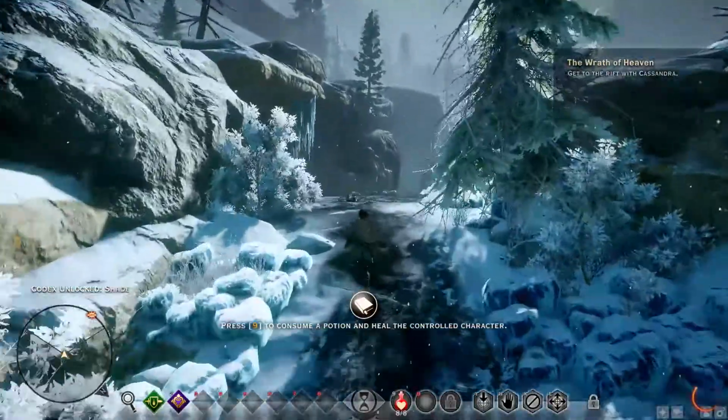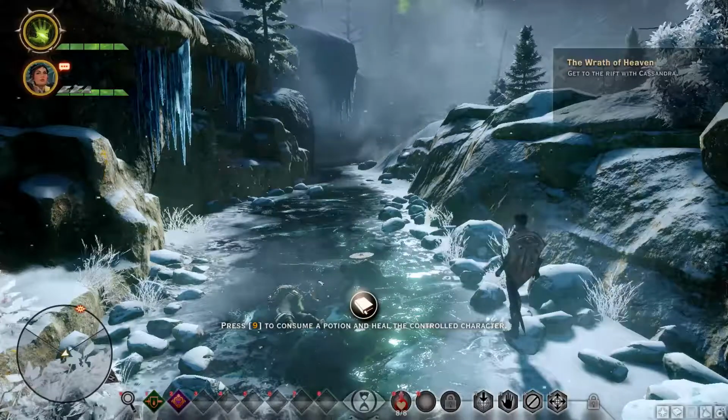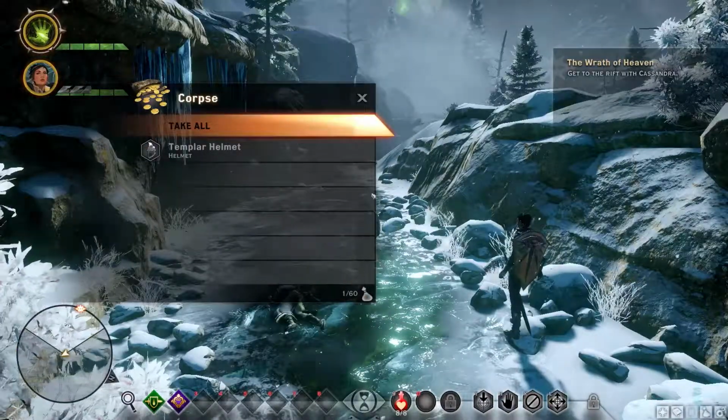Press 9 to consume a potion. I don't need to consume a potion. Oh, we're gonna loot his dead corpse. So I was kind of hoping that it would